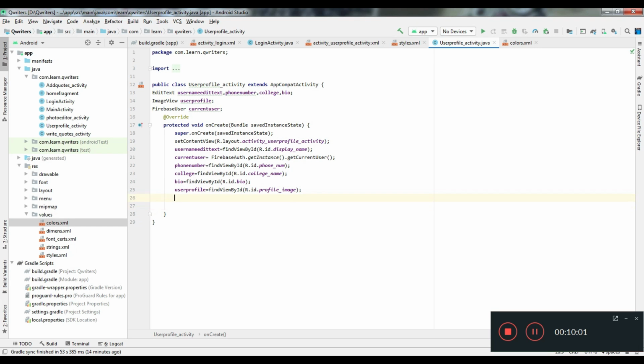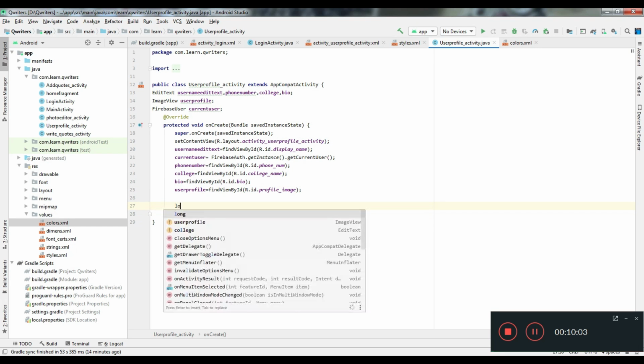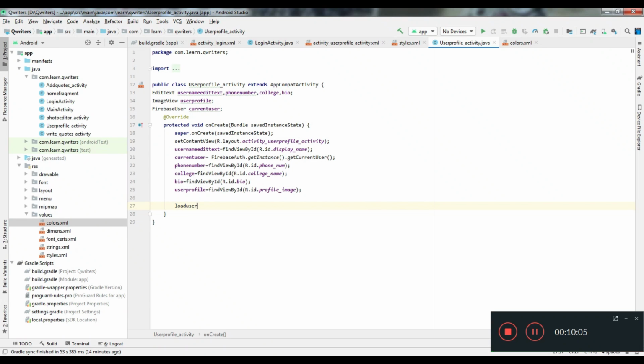Here we'll define one method, loadUserData. Just click Alt plus Enter, and to call this method we'll be checking if the user is null or not. The user should not be null, so if currentUser is not equal to null, this method will be called.